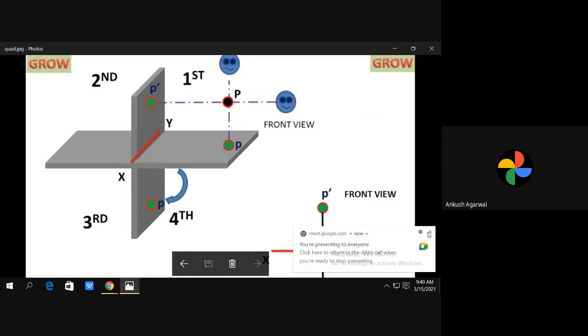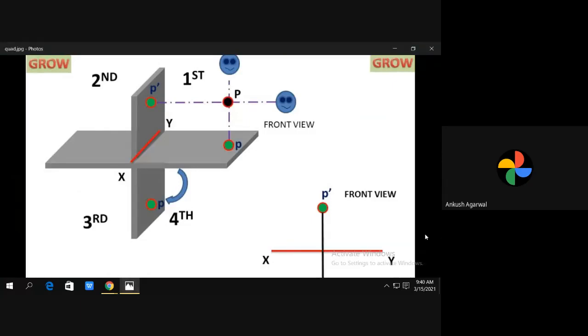Discuss this topic, projection of points. In this diagram, you can see four quadrants: first quadrant, second, third, and fourth. So when the object is in first quadrant, its front view is above XY line and top view is below XY line. And when the object is in third quadrant, its front view is below XY line and top view